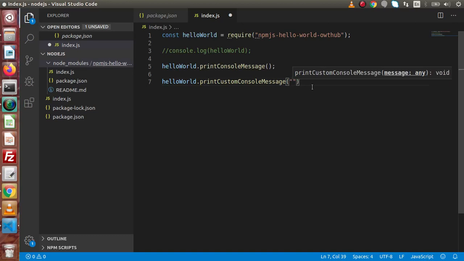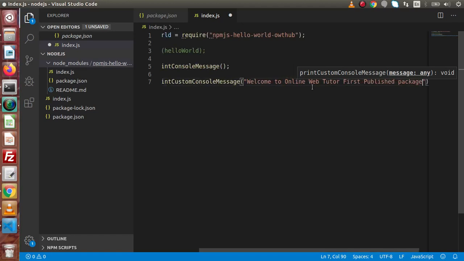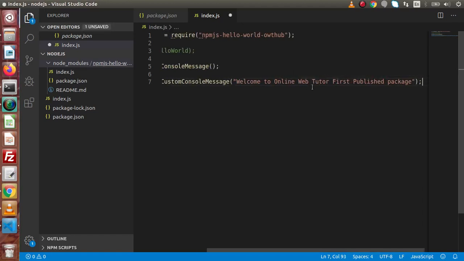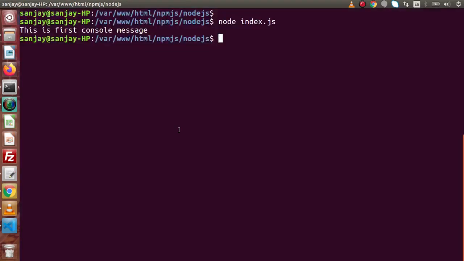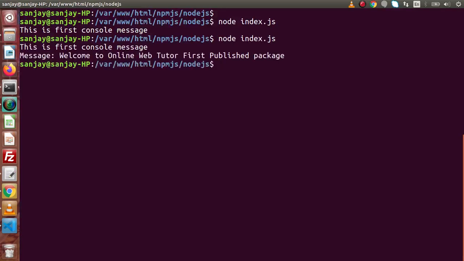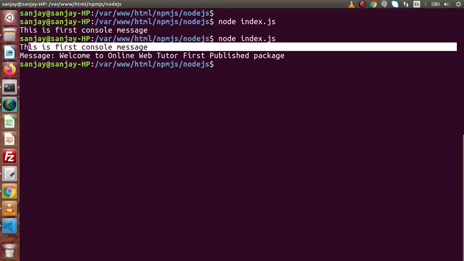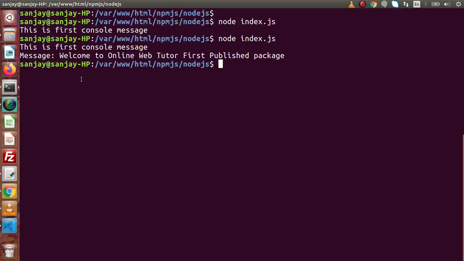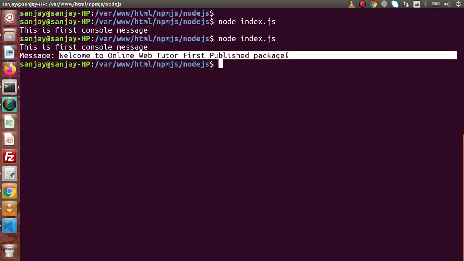So let's say welcome to online web tutor first published package. Now if we save all these changes, back to the terminal, run this command. Now this is our default console message being printed,